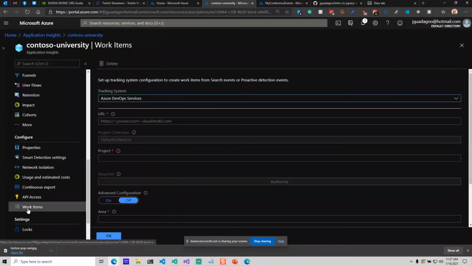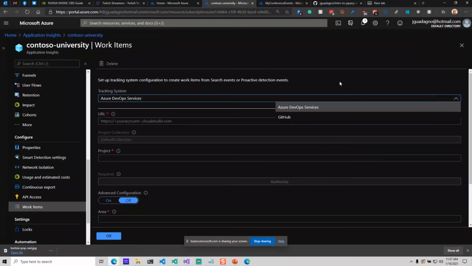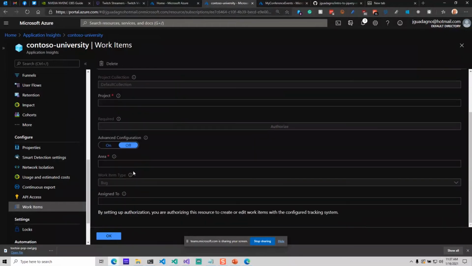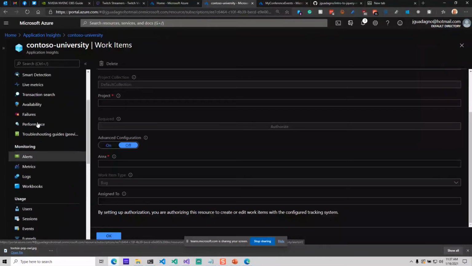And then work items is cool. If you're using a tracking system like Azure DevOps, GitHub, Jira, I believe is supported. There's a bunch of them that are supported. I only have these two installed, but if you go to Marketplace, you can add Jira. What else? There's like 4 or 5 of them. If I put in the connection information to it right from App Insights, so where I had that bug here, which if we go back to the failures,